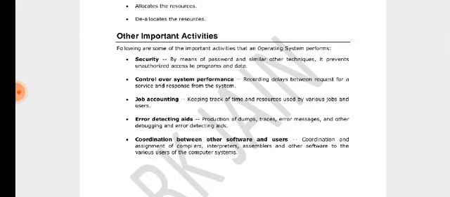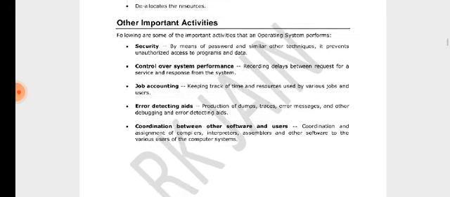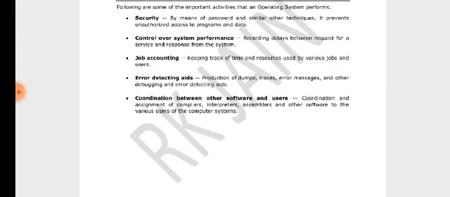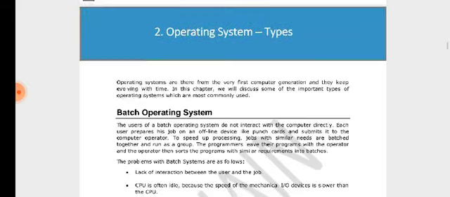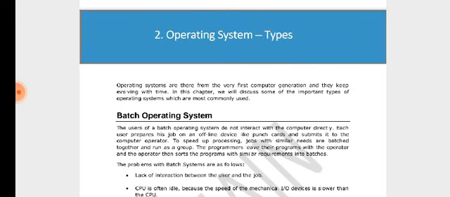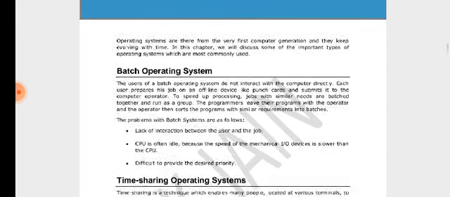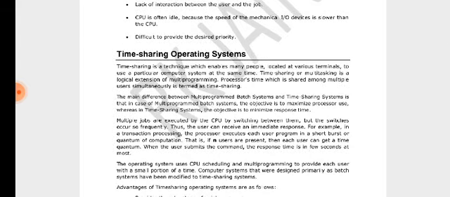Other important activities: security. The operating system provides passwords and similar techniques to prevent unauthorized access to programs and data. Control over system performance: it detects errors, traces error messages, debugs programs, and provides error detection aids and coordination between other software and users. It coordinates assignment of compilers, interpreters, assemblers, and other software to the various users of the computer system. There are many types of operating system. Batch operating system means processes are executed in the form of batches. Next, time sharing operating system, in which